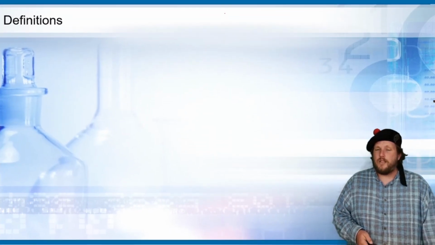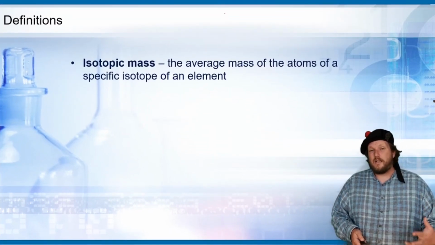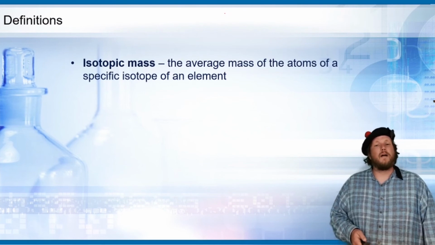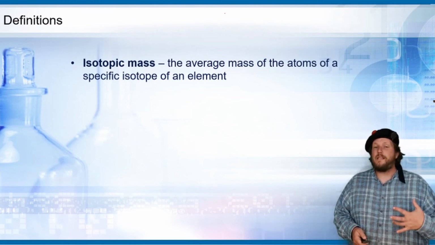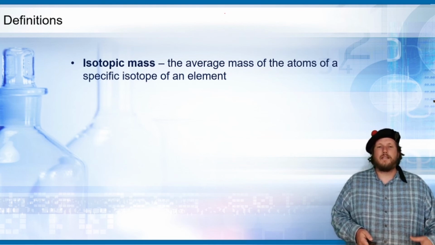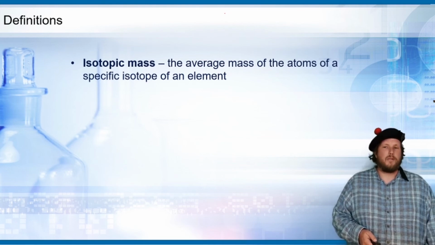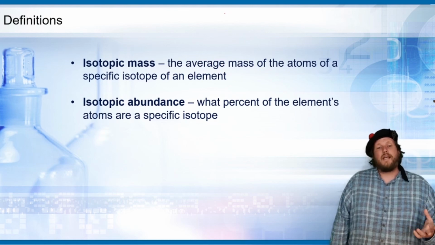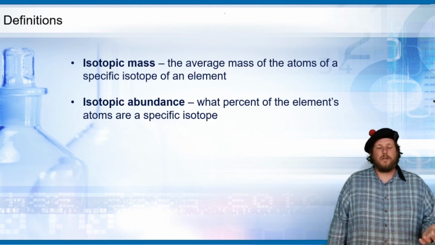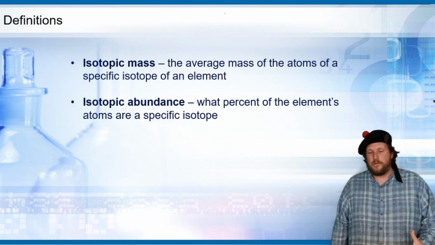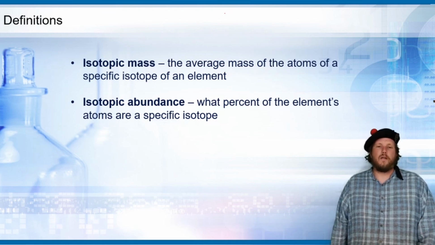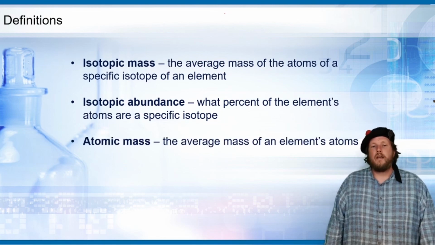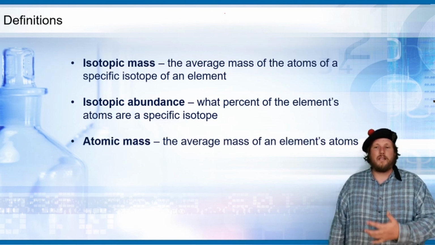Here are some definitions that are useful. Isotopic mass is the average mass of the atoms of a specific isotope of an element. This is what you see from the periodic table, the isotopic mass, or the average mass. The isotopic abundance is what percent of the element's atoms are a specific isotope. So again, it's that 98% or so of carbon-12 that is the isotopic abundance of the carbon-12 isotope. Atomic mass is the average mass of an element's